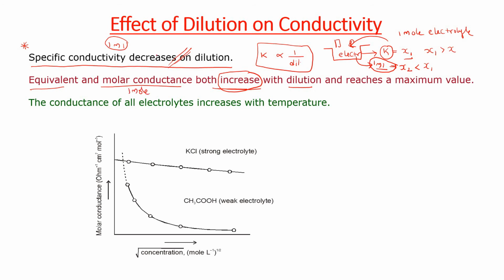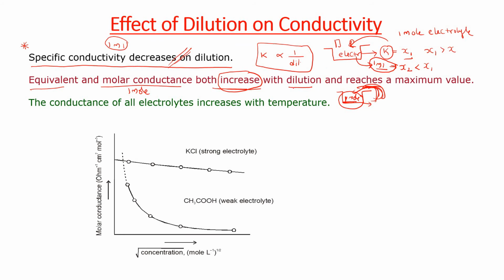In this case, what happened? In the earlier case you are adding water and you are removing 1 ml from that. Here you are not removing anything. Simply to the electrolyte, what we are adding? Water only. Here you are having 1 mole of electrolyte. You are adding water like this. You are doing dilution. And this 1 mole of electrolyte will move very fast when it is aquated here, because whatever force of attraction is present in the electrolyte will be decreased. They will move very easily. The dissociation of electrolyte will take place rapidly. They move very fast. Conductance will increase. So that is the reason here